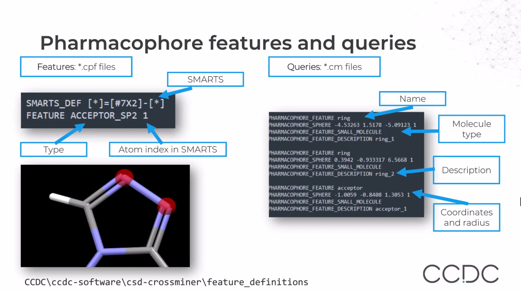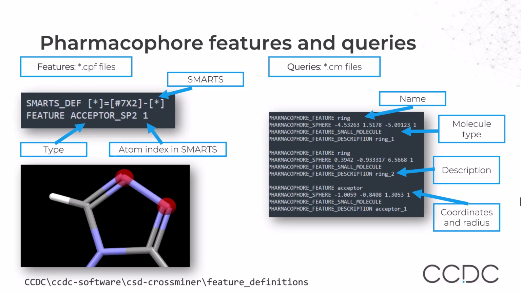So CrossMiner can read them and understand that, for example, when you define a hydrogen bond acceptor and it's a nitrogen atom, all you need is basically a SMARTS pattern, and there are two atoms on the picture which fit into the description. You also point to an atom where you want to put your sphere. Remember, in this case it's just a single pharmacophore point, so you need just one sphere and you point to an atom where you want to place it. And you are setting up a type or just the name of the feature that you have there.